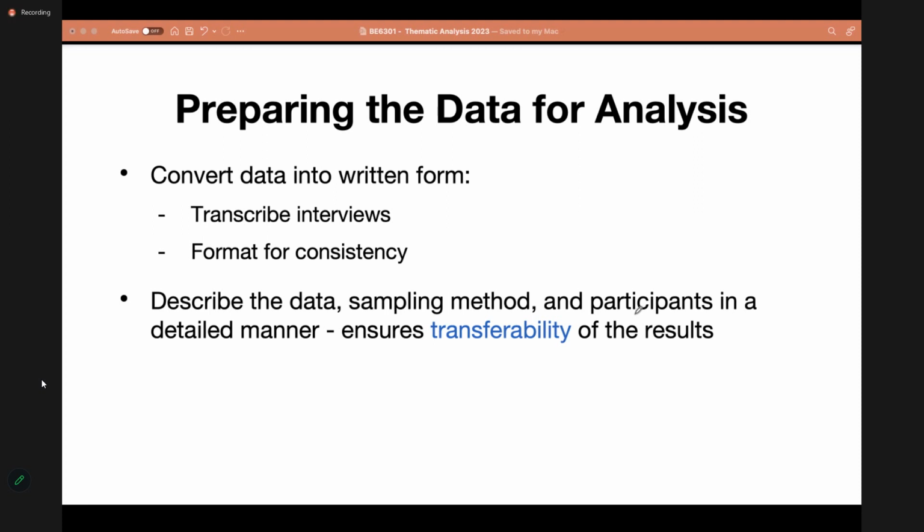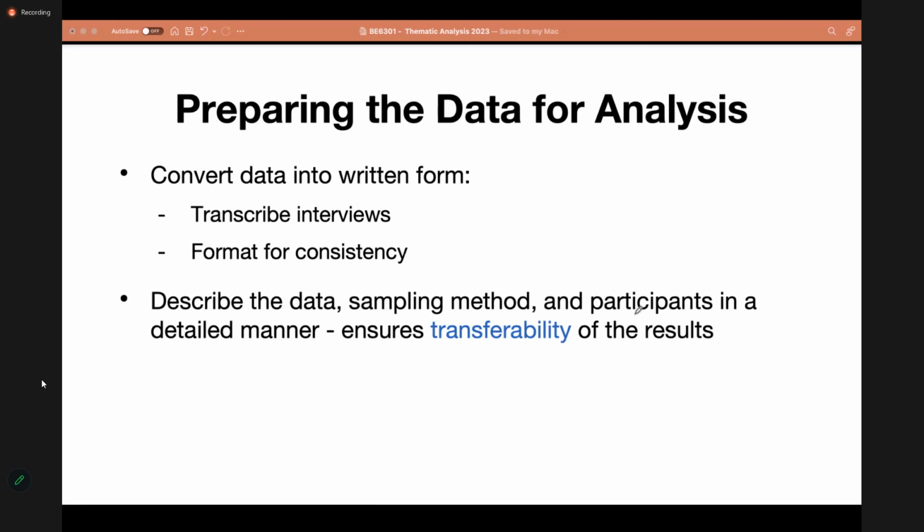They tell you the answer, they talk. You might have recorded the interview with your interviewee's permission. And now the first thing we have to do is to convert this data into a written format. So we have to transcribe our interviews.